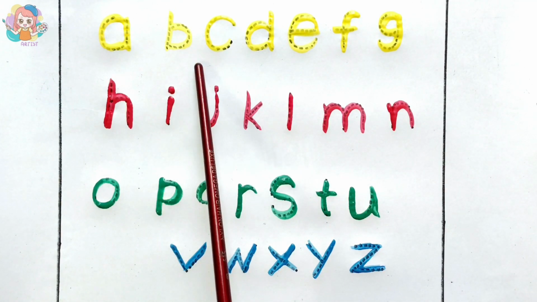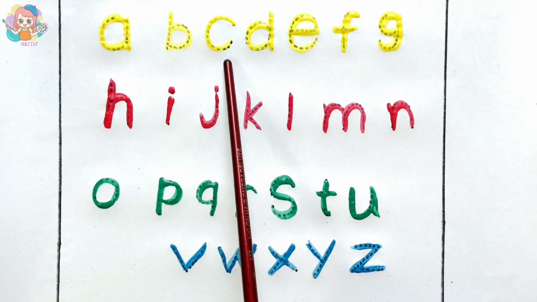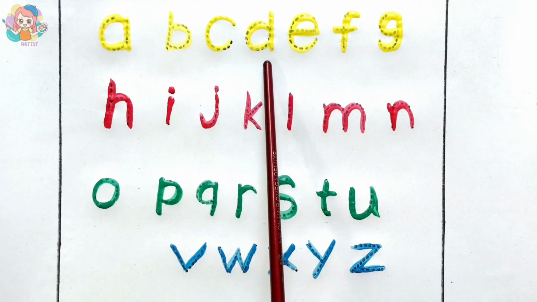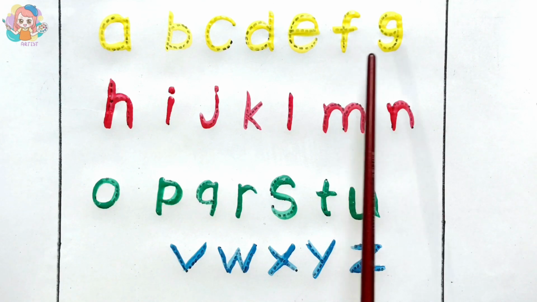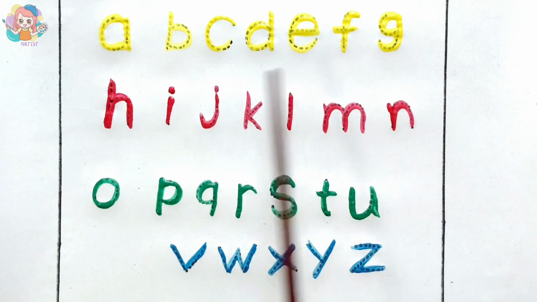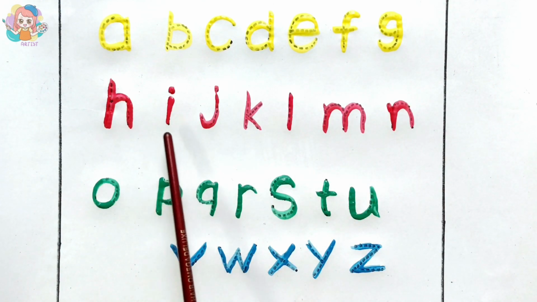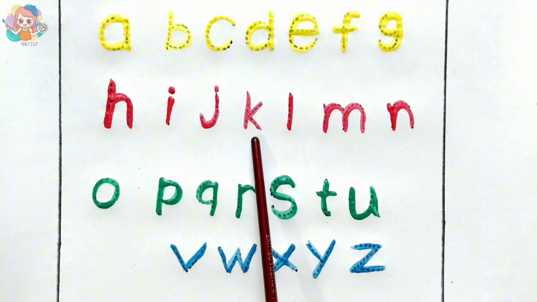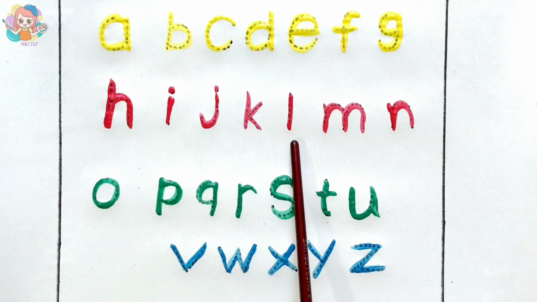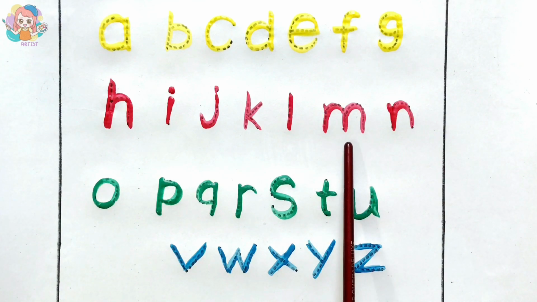A for apple, B for ball, C for cat, D for dog, E for egg, F for fish, G for goat, H for hat, I for insect, J for jelly, K for kite, L for lamb, M for monkey, N